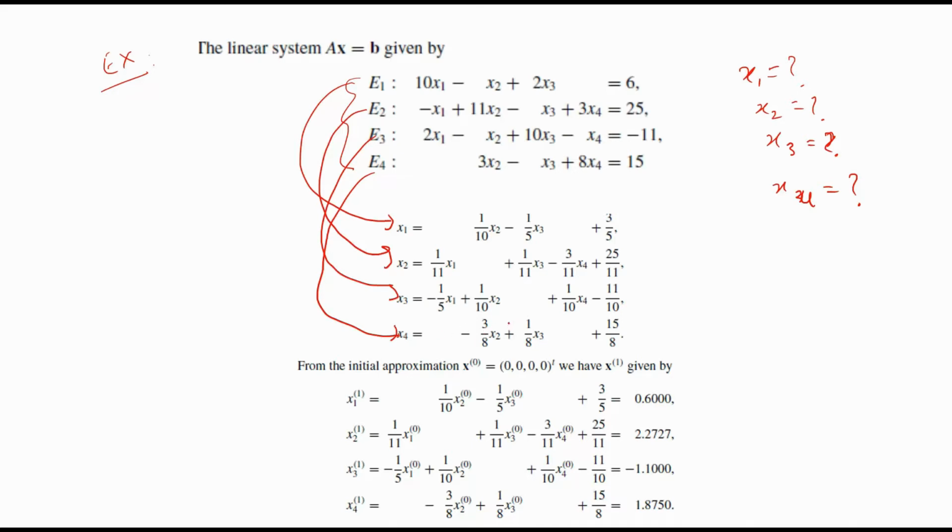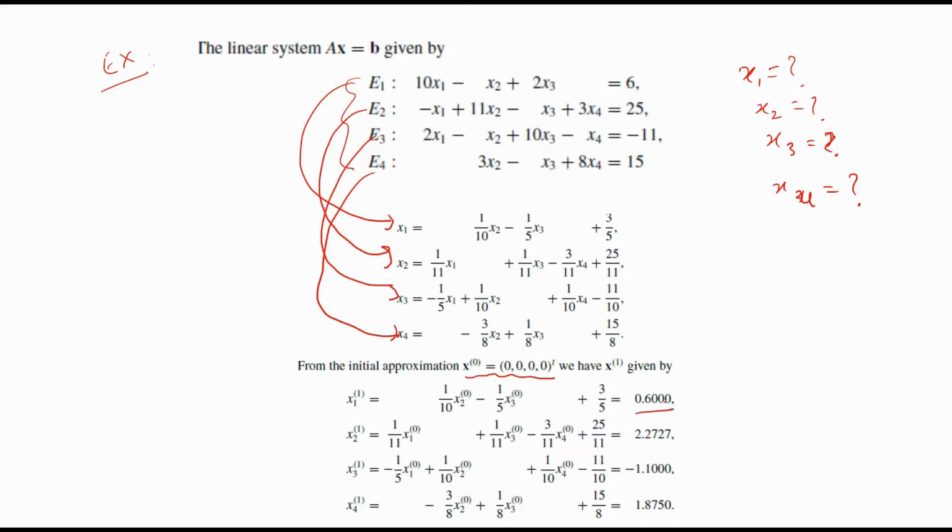Now for applying the Gauss-Jacobi method, you need an initial condition. I have taken 0 0 0 as the initial condition, and when you put this initial condition in these equations, you will get 3 by 5 for x1 1.